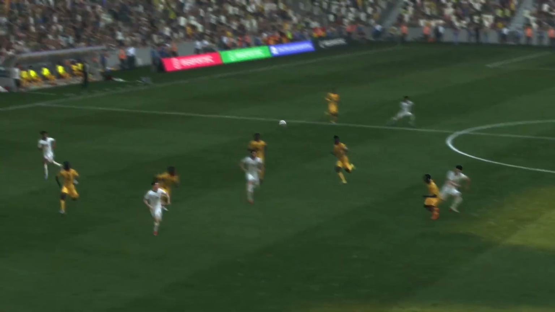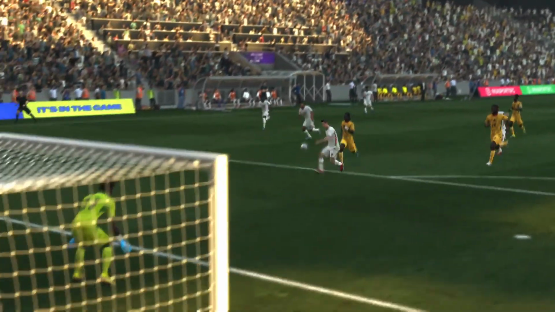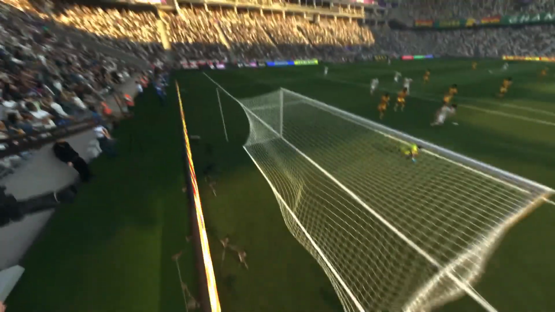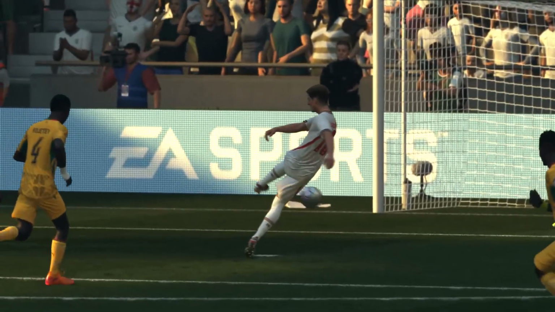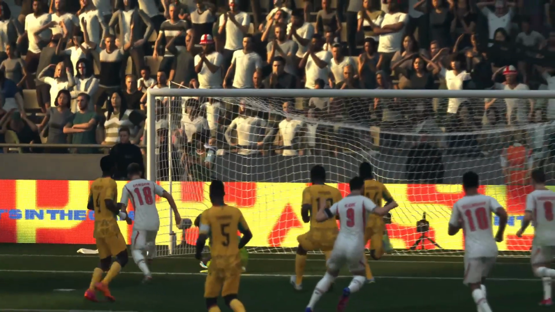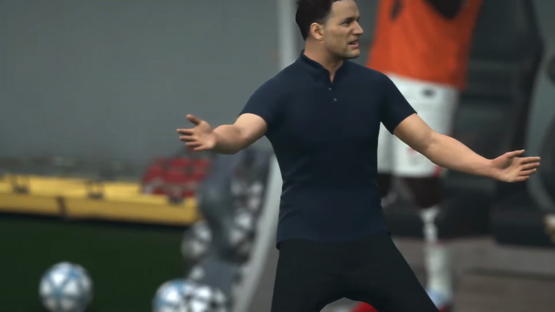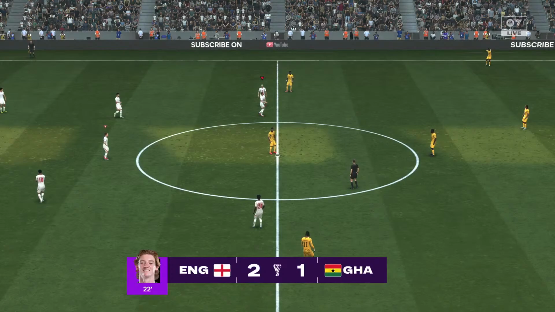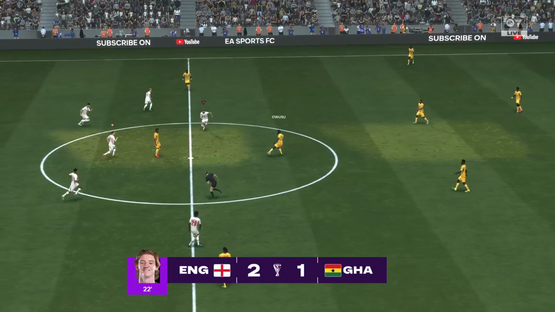Well, it all starts with that perfectly weighted ball over the top, and once it falls to him like that, it's a routine finish, cool and clinical. Well, 2-1 it is here.